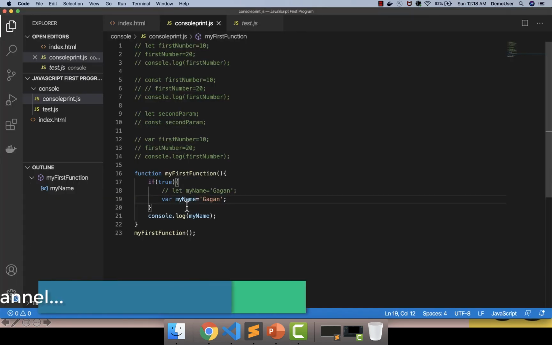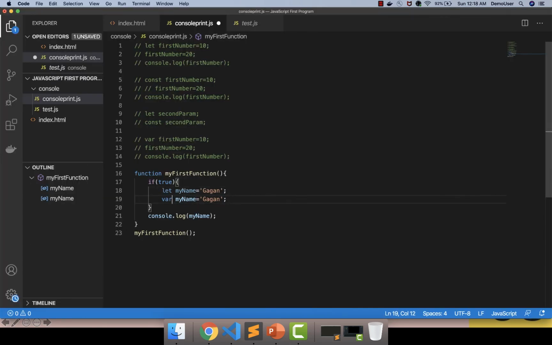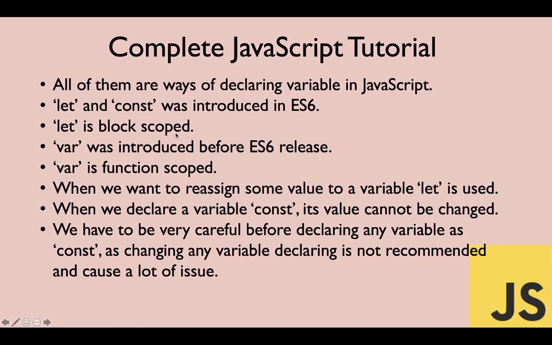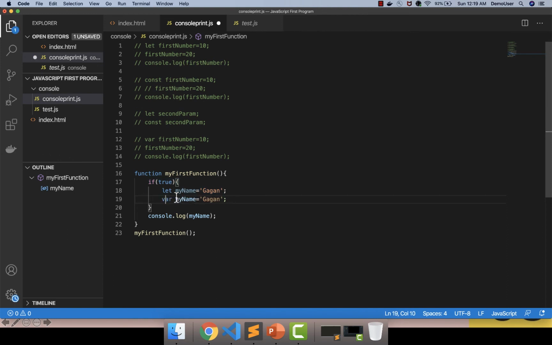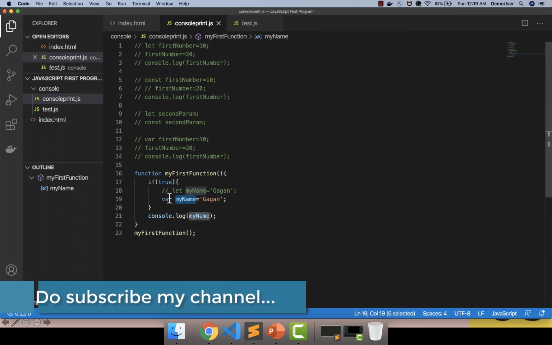So what is happening here is the let variable has a limited scope within this particular block, which means if you're trying to use any variable which is declared as let, it cannot be used outside the particular block. So we call it block scope. If you go here, the same thing is displayed which says let is a block scope, but in case of var, it is function scope. It means this particular variable can be used anywhere within this function. So that's why let and var look similar, but there are many limitations over here.